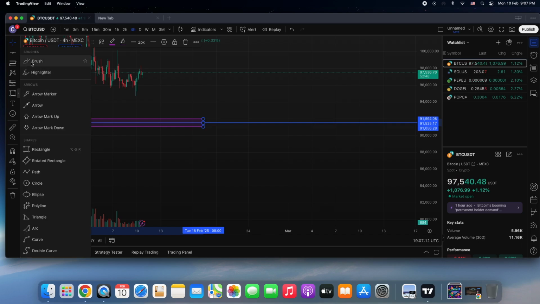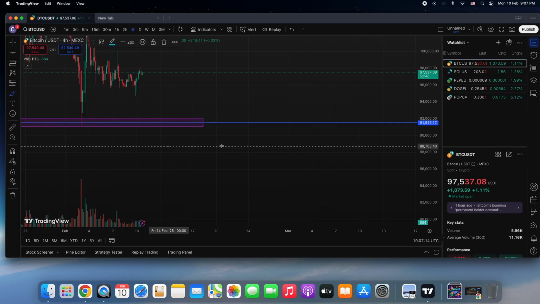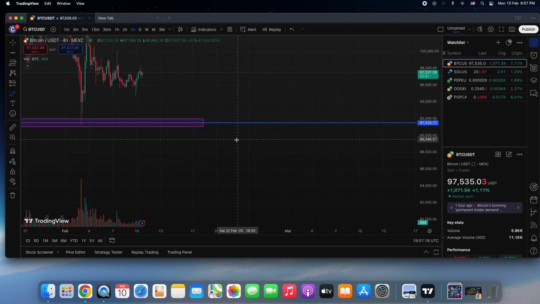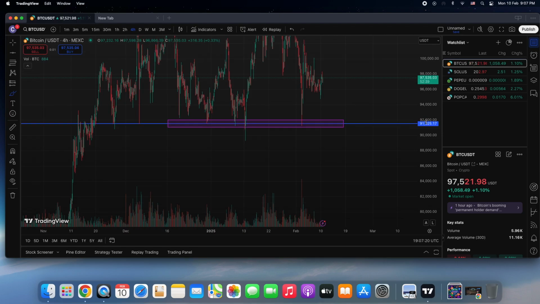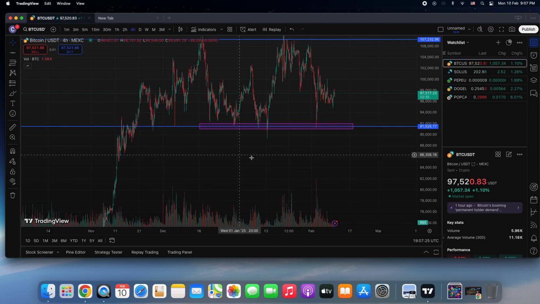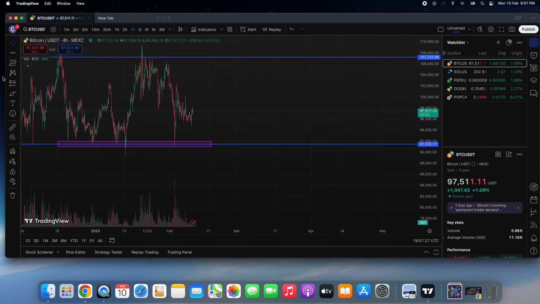Also you have a brush tool. With this you can draw whatever you like, but a very useful thing is to plan your trade in your mind, so when the time comes you take the right trade. So it might happen